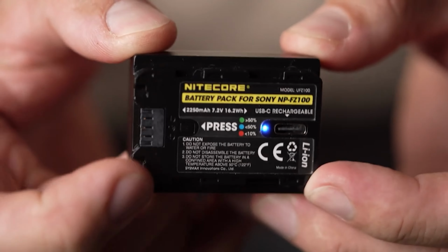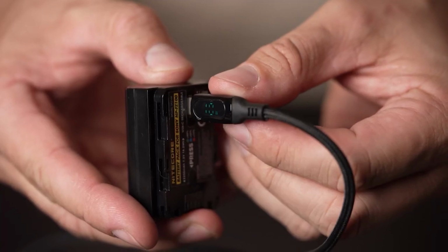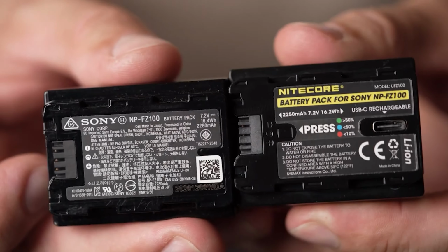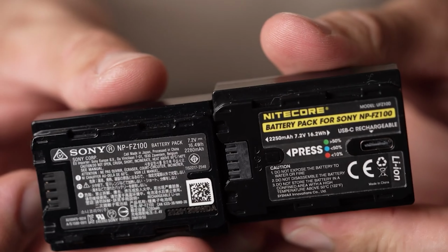It features a status check button with an indicator light. The light changes color for a charge status readout and flashes while charging. The UFZ100 packs 2250 mAh, similar to the original Sony battery. In our tests, we did not notice a decrease in runtime when powering our cameras with the Nitecore battery versus